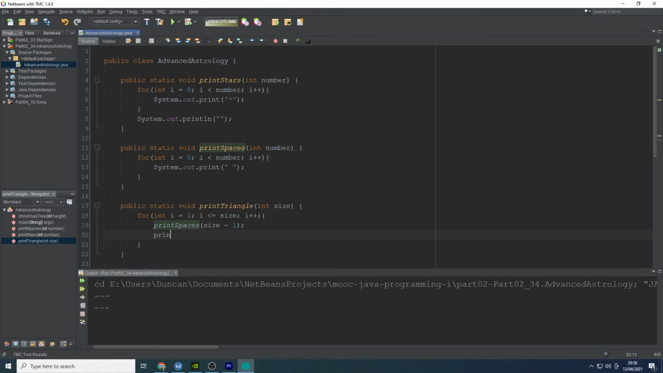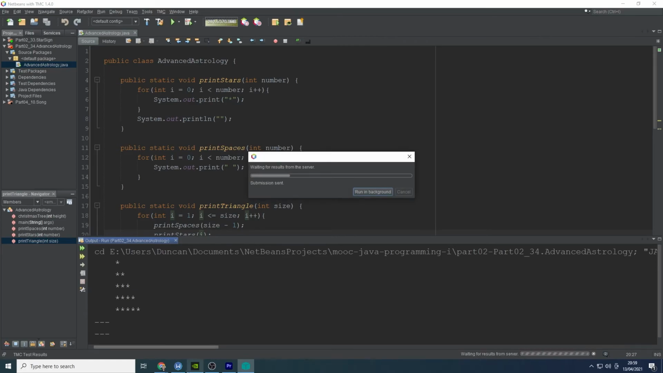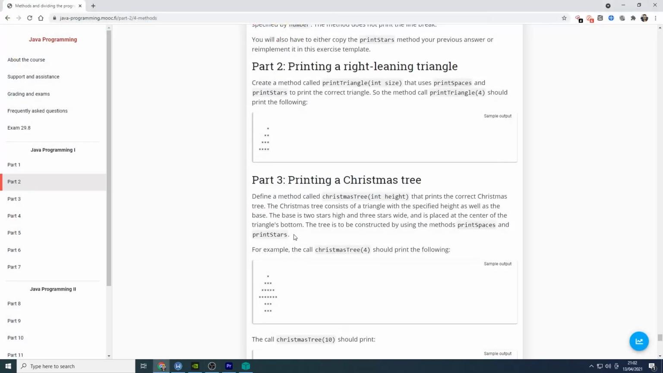and then we're going to call print stars, and we are going to print I. Let's give that a run and see what we get back. Looks like half a Christmas tree. Okay, let's give that a test and see what we get back from the server. So we've got the first 2 parts working,